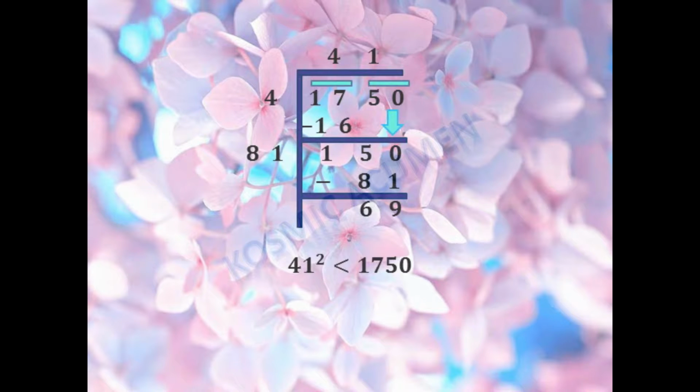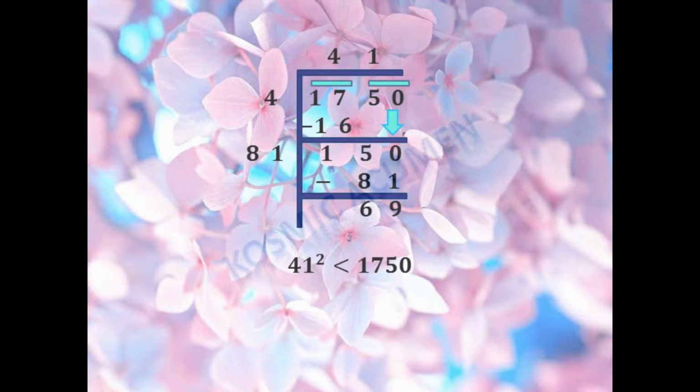And we subtract 16 from 17, we have 1. Next step, to bring the bar down. So the 5 0 digits of the second bar will be brought down. So we have a number 150 here. Now I'm adding 4 and 4, I get 8. I see that 1 multiplied by 81 will give me 81. And when I subtract this 81 from 150, I get 69.